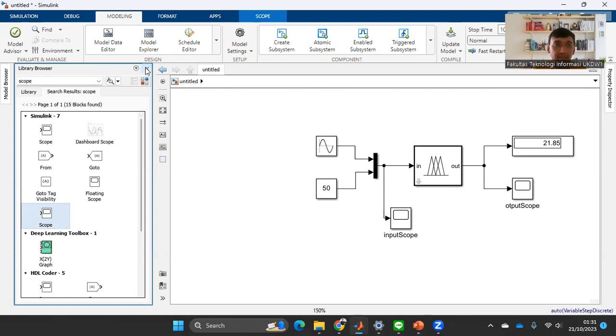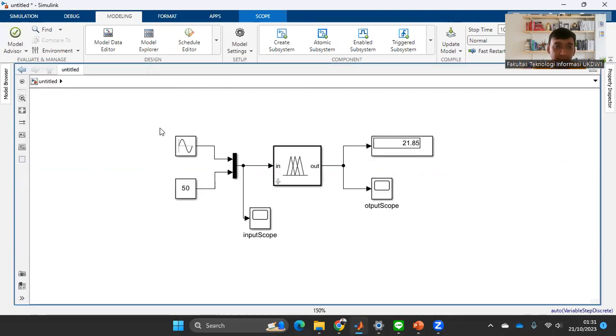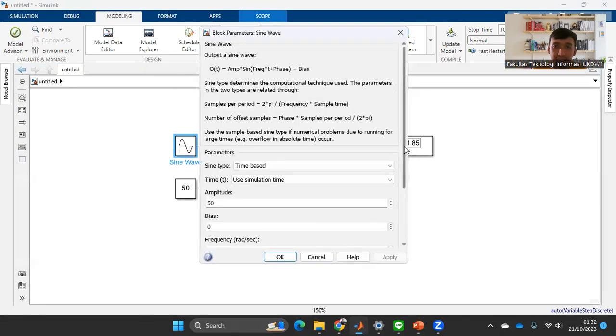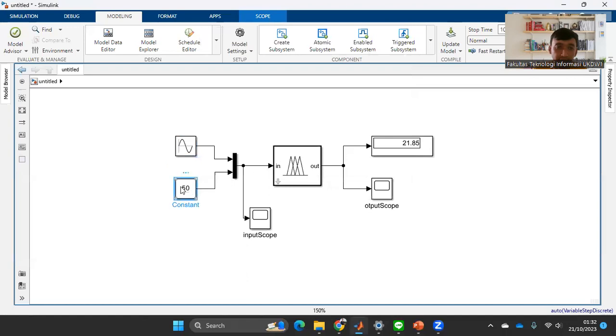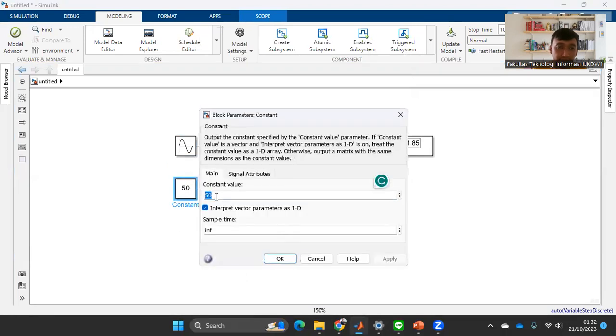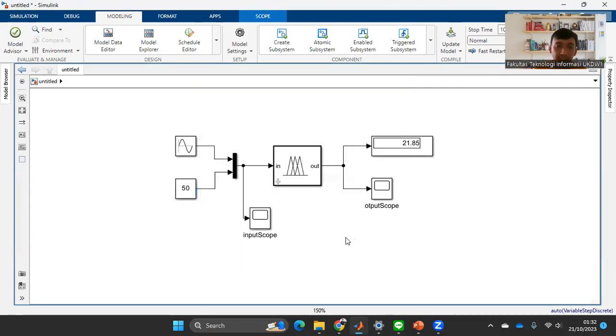After that, we configure the components. For the sine wave, we double click, and I set the amplitude to 50, and the frequency is 1. This is enough to configure the sine wave. For the constant, I set the constant value to 50. For the display, we don't need to configure it because it only shows the output value.